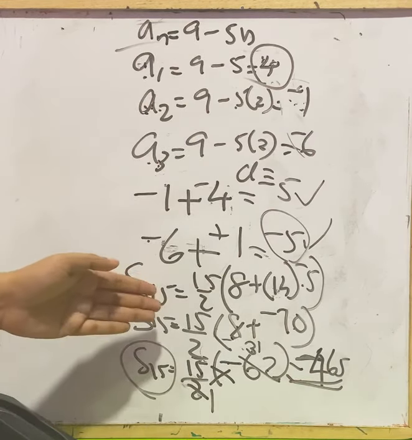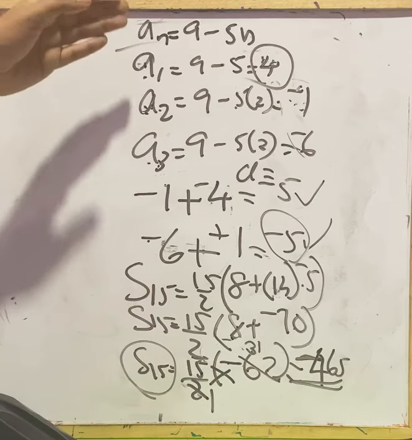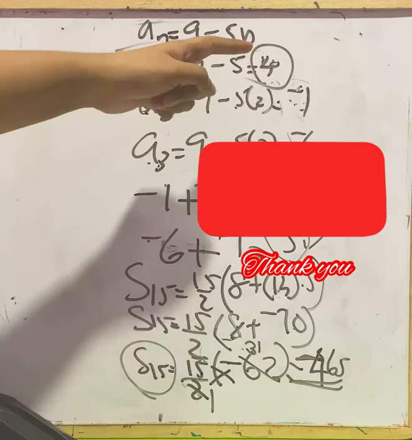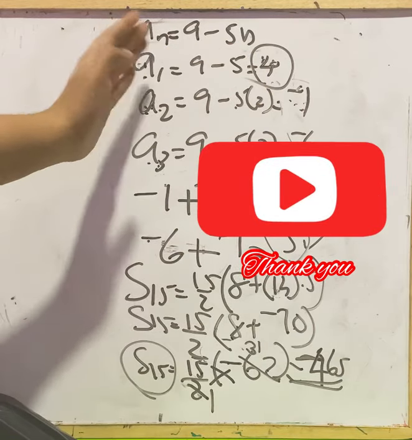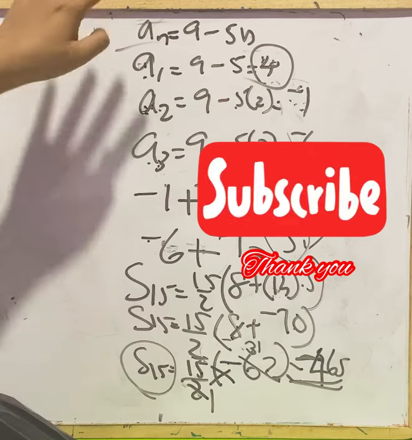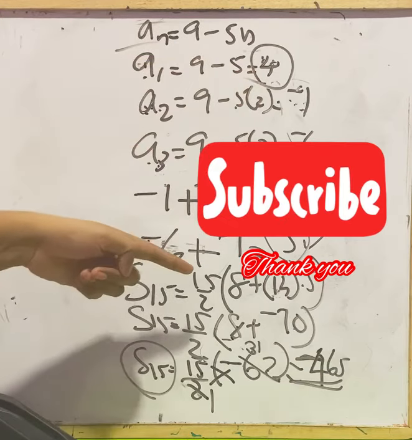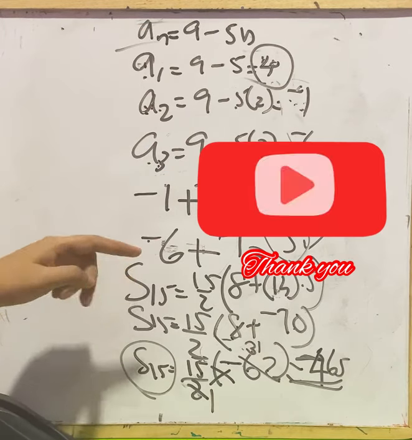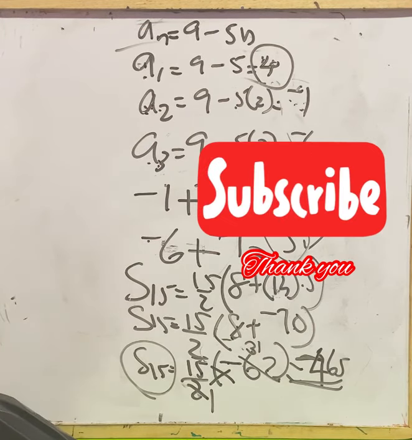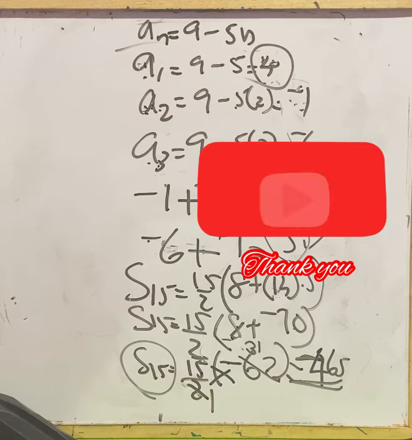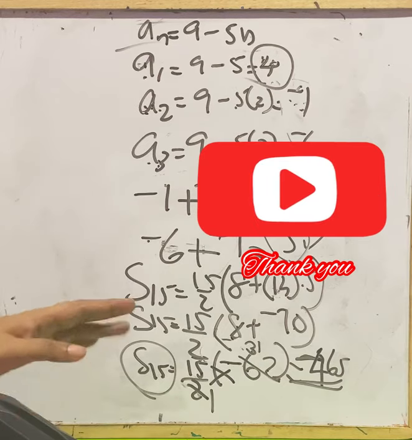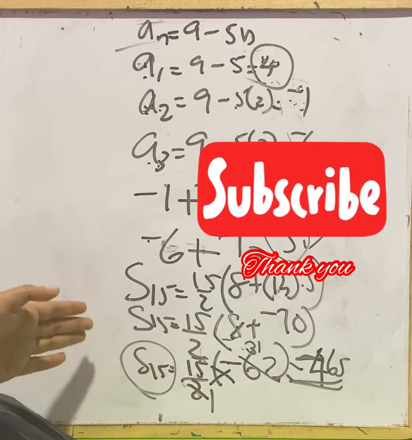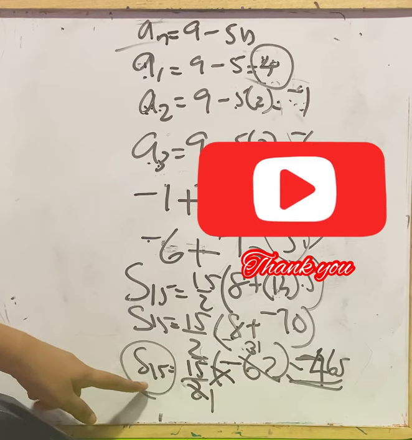So in these types of questions, first we check whether it is in AP, that is we have to find the difference and check it is a common difference. In both the cases, that is in the previous question and this question, we got it has a common difference. So we can say it is an AP. If it is in an AP, then we can find the sum using the formula for finding the sum. That is n by 2 into 2A plus n minus 1 into D. Then we will get the sum. Here we are asked to find the first 15 terms sum. So that is why we write here S15.